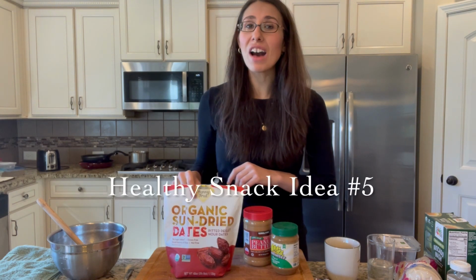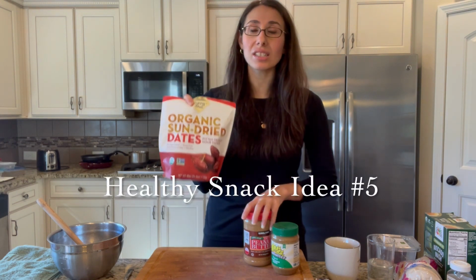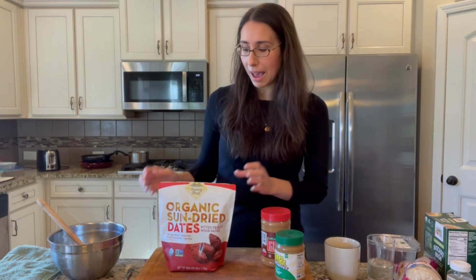Healthy snack number 5 is dates that are stuffed with a nut or seed butter. So peanut butter is my personal favorite, but if you are not able to have nuts, then sunflower seed butter is good for that. And what you do is you just take the pit out and then spoon this in